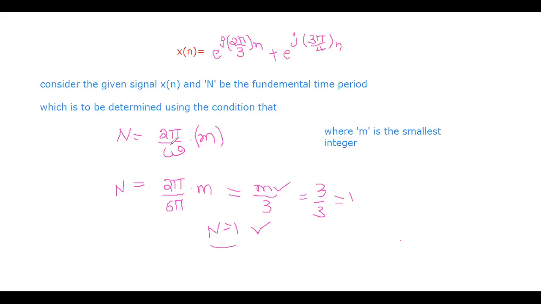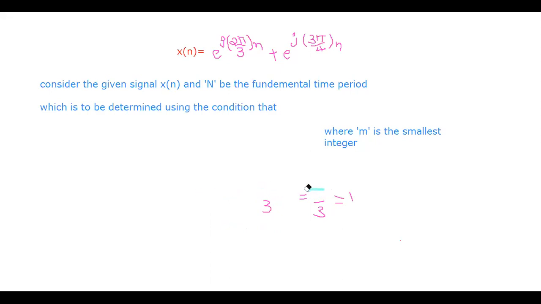In this particular case, this problem is completely different, because this is the combination of two functions. So like in the case of continuous time signals, how can we determine whether the signal is periodic if it consists of a combination of two signals? In that particular case,